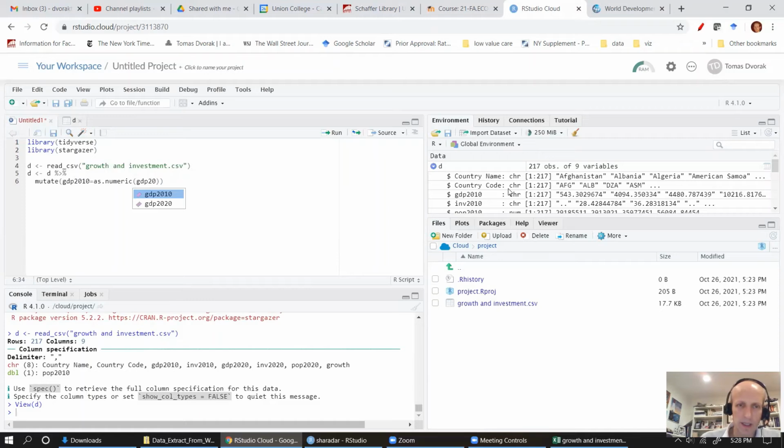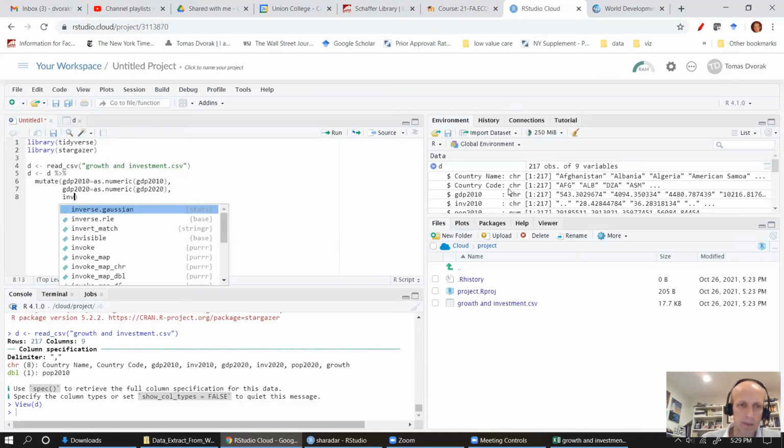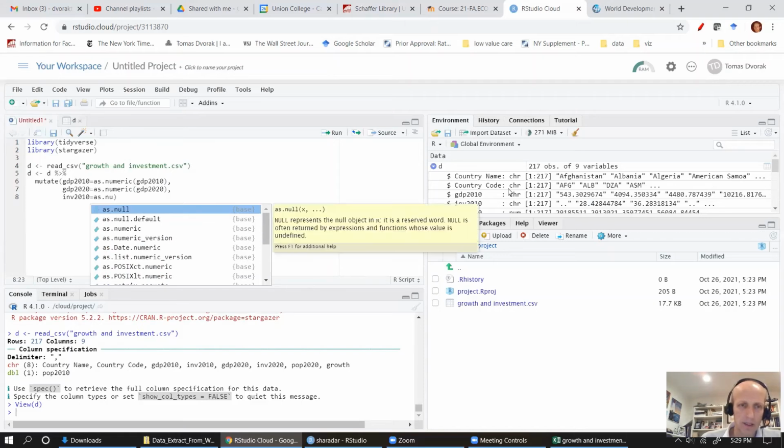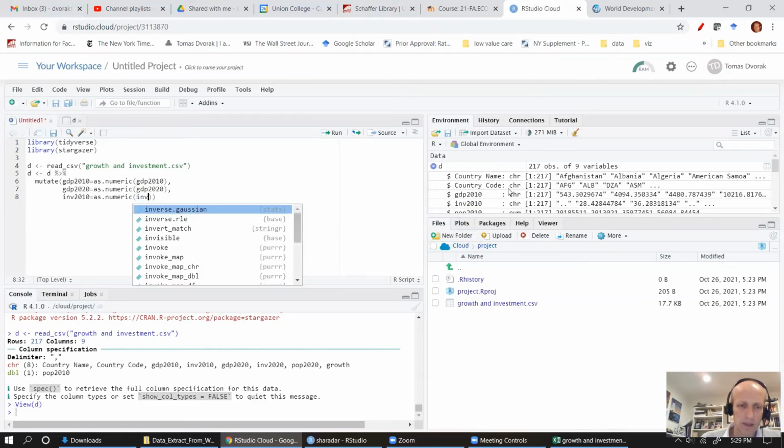GDP 2010, and do the same thing with GDP 2020, we'll say as numeric. So we're changing really the data type from character to numeric. GDP 2020. Let's do investment 2010 as numeric, investment 2010, and